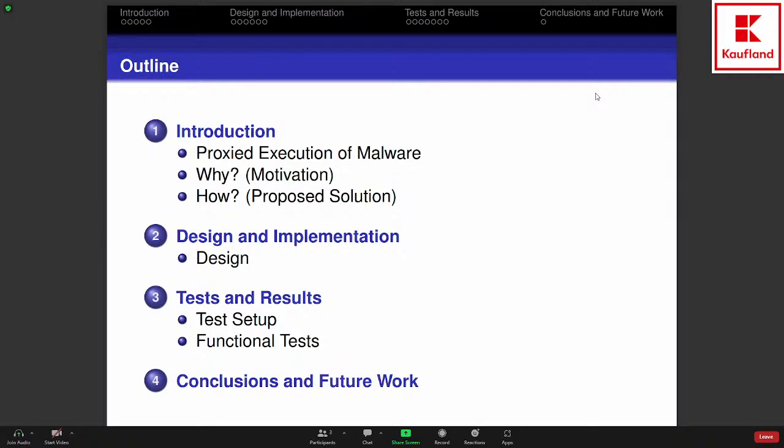I'm going to say why it is important, why it is a group of techniques used by malware, and why we want to have more vision upon such techniques. Following that, I talk about my proposed design and solution for the problem, and some tests, and then some hopefully